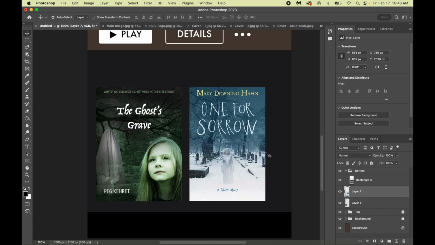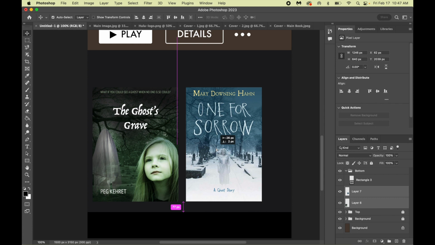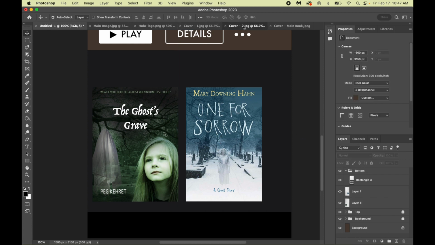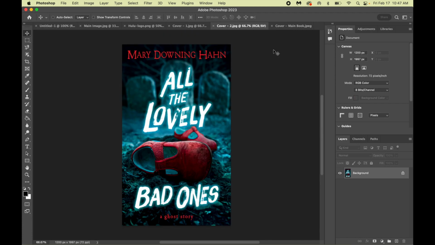And then the third book, depending on how big you made these, you will see more or less of that third book. So when you do like the Hulu one or whatever streaming service you choose to do, you'll have like your 5 or 6 book covers, and then that last one always gets a little cut off. So I'm going to move these over just a skosh so that I have a little bit more wiggle room for that last one. Go for my second cover, select all, copy,